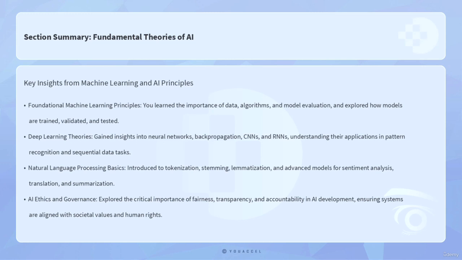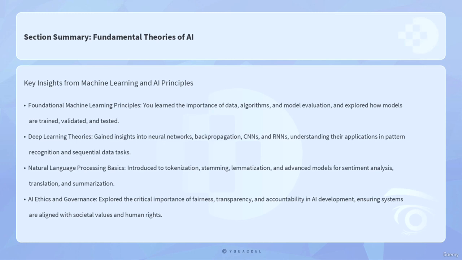playing. In the context of AI ethics and governance, you explored the critical importance of ethical considerations and regulatory frameworks in AI development and deployment. Issues such as fairness, transparency, and accountability were underscored, alongside the challenges of ensuring AI systems are aligned with societal